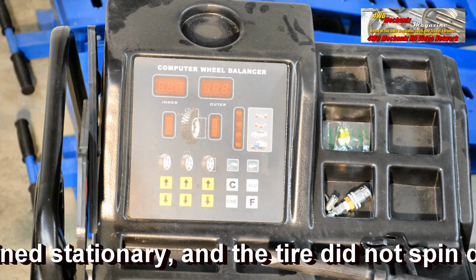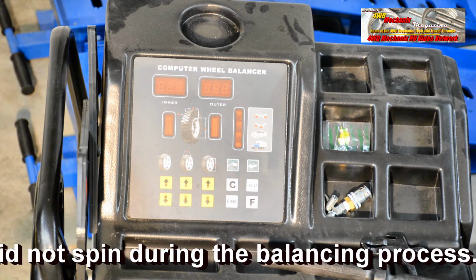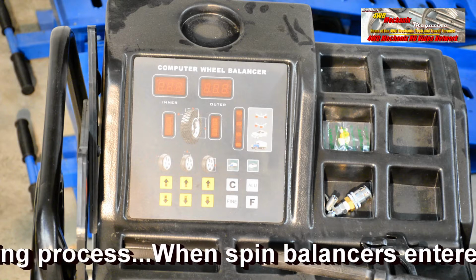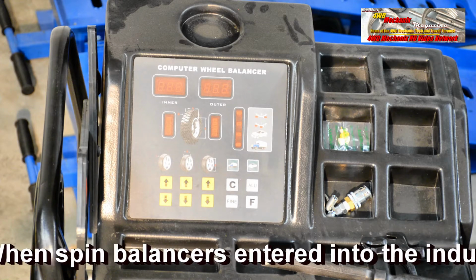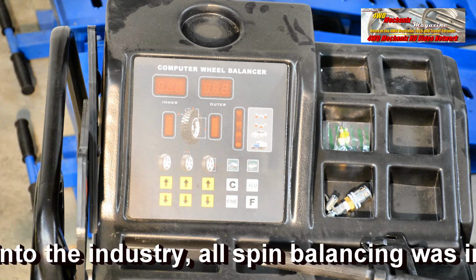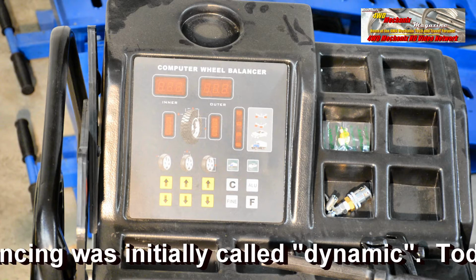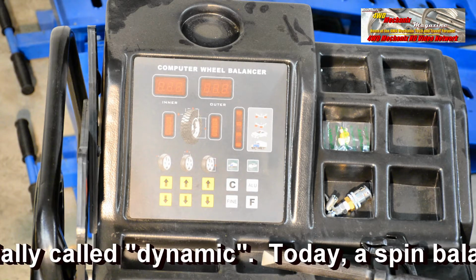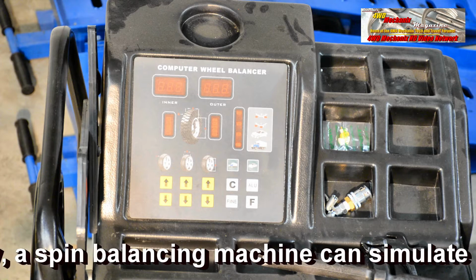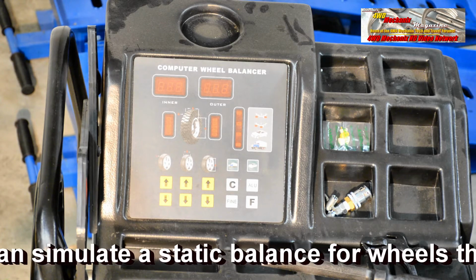We need to know the distinctions between static balancing and dynamic balancing. So where would static balancing work? If you had an early MB Jeep with narrow wheels, you would use static balancing. In the day, static balancing, which was done to find the heavy spot of the wheel and put the weights opposite that spot, the wheel weights were still placed opposite each other on the rim. So you had a wheel weight that was inboard and one that was outboard at the point that the static